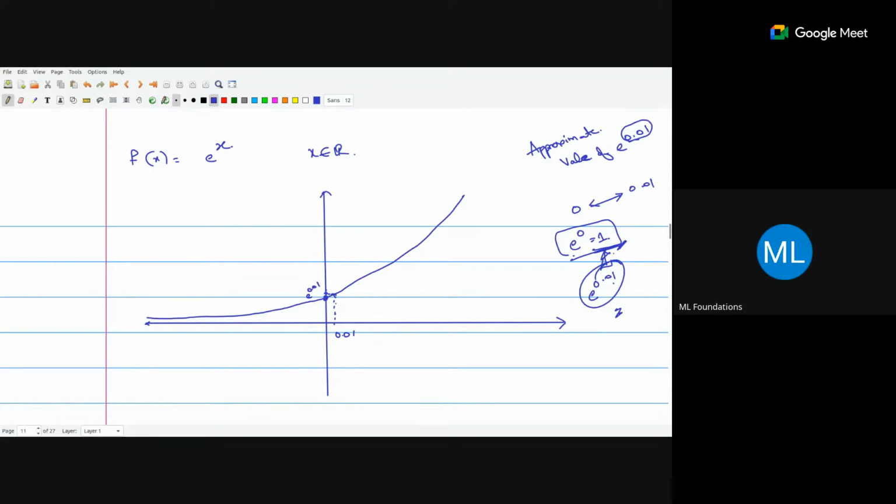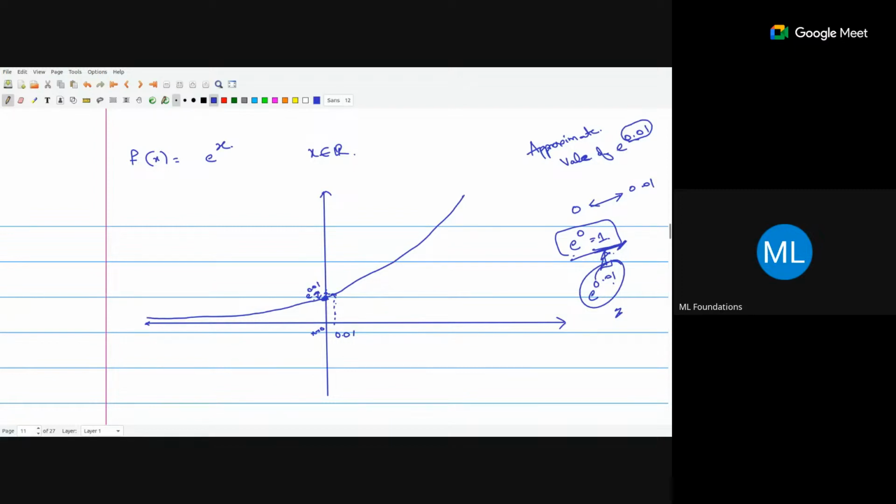So you see the difference between these two values is very close. The value is somewhere around 1 plus something. It is greater than 1, that's for sure, but you don't know what it is. For that, at this particular point where x is equal to 0, we will try to approximate this curve linearly. If I do it linearly, it is called linear approximation.